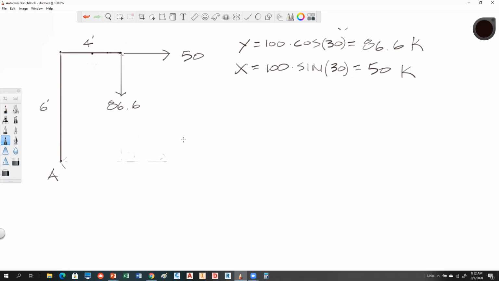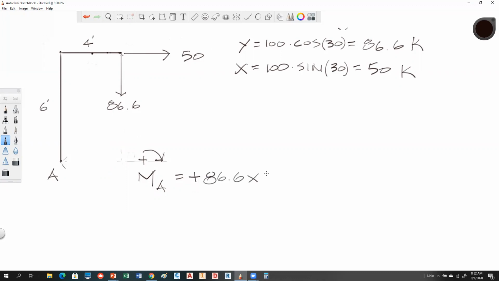Okay. So to apply the principle of moments, you're just going to take a moment at A, and we're going to define clockwise moments as positive. If I look at this vector right here, this is going to be tending to turn this guy clockwise. Now I'm not looking at this guy yet, just this one. With respect to A, it's tending to turn that bracket positively. So I'm going to say that's a positive moment of the force